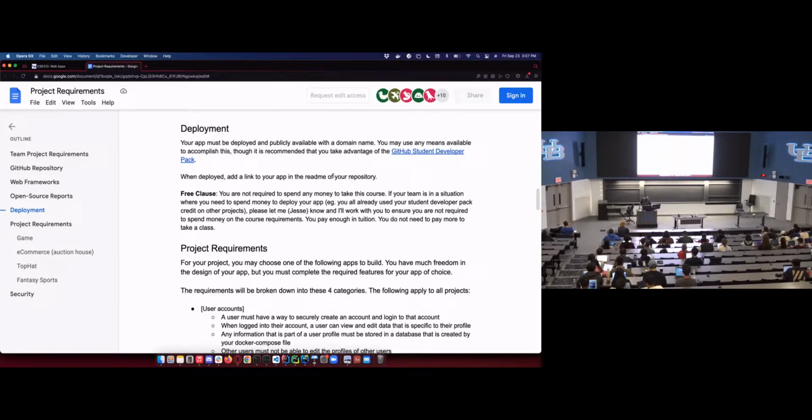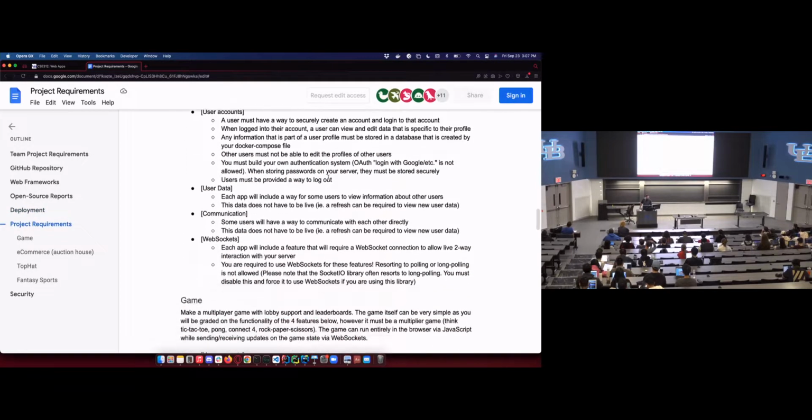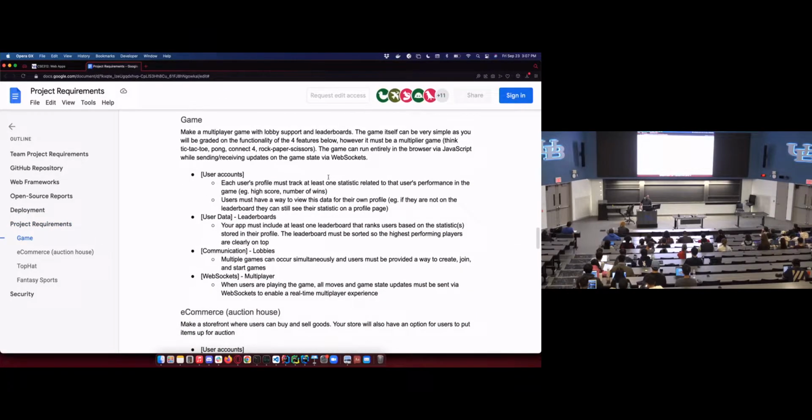So we're getting deployments back. I've required it on and off over the years, and I'm back on this time. And finally, the project requirements. Again, not going into much detail, but unless there are questions, there are 4 projects you can choose from